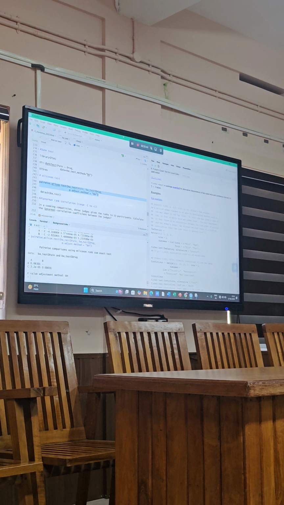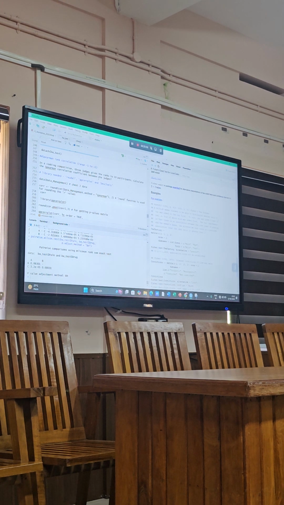Now let's move on to the meaning of the p-value adjustment method. There are different probability adjustment methods. One of the most common is the Bonferroni correction. So that Bonferroni correction is